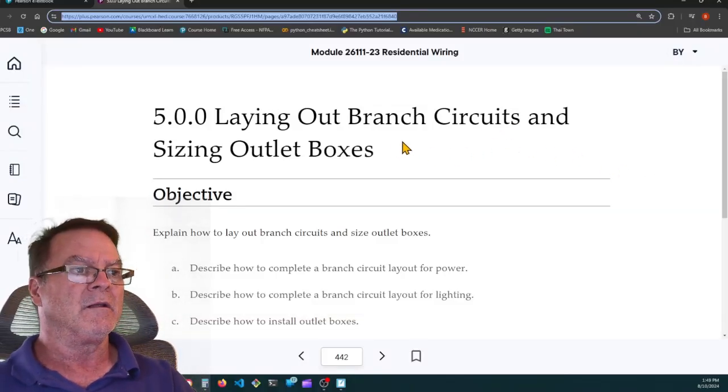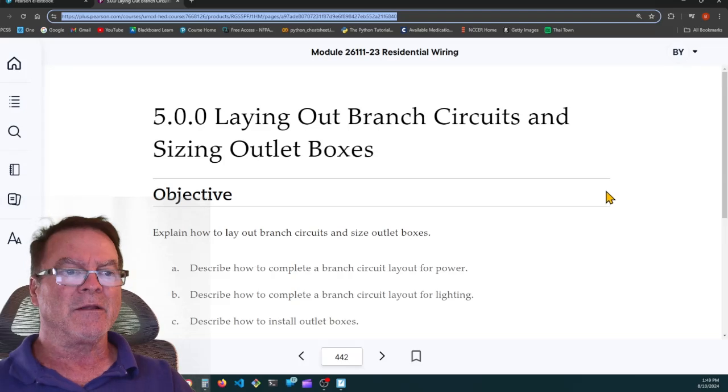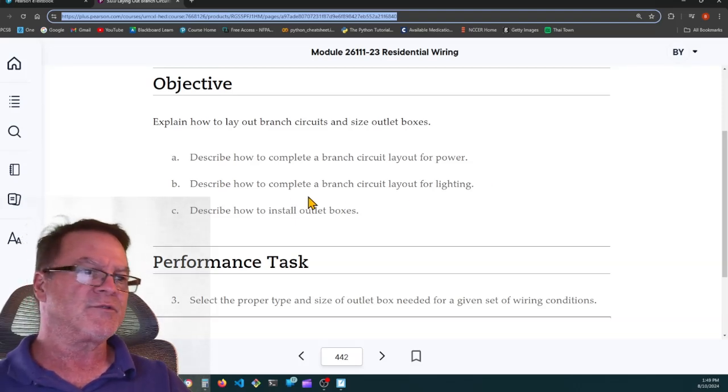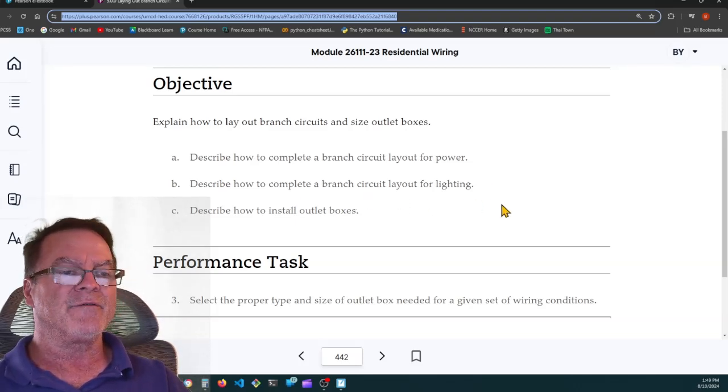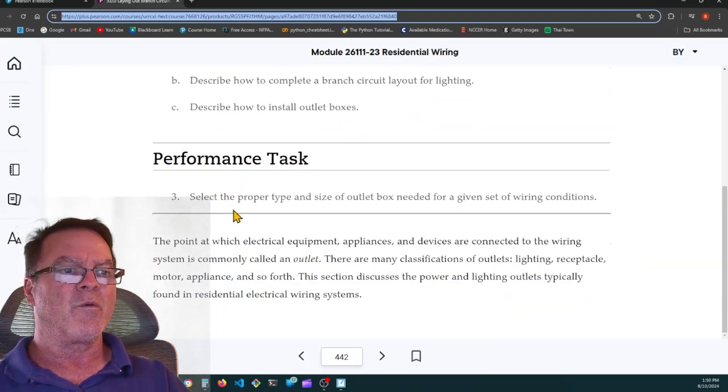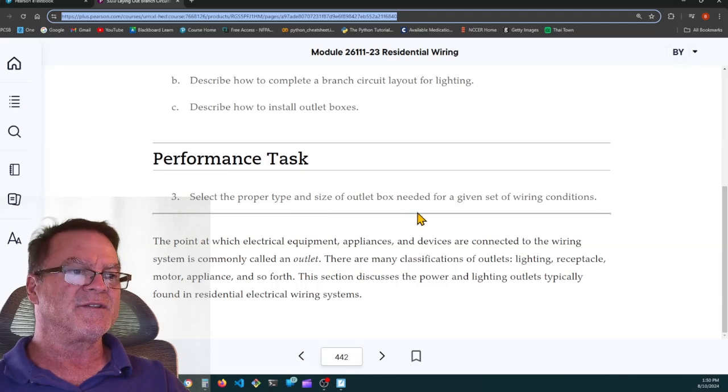5.0.0, laying out branch circuits and sizing outlet boxes. Describe how to complete a branch circuit layout for power. Describe how to complete a branch circuit layout for lighting. Describe how to install outlet boxes. And then there's a performance task to select the proper size and type of outlet box needed for a given